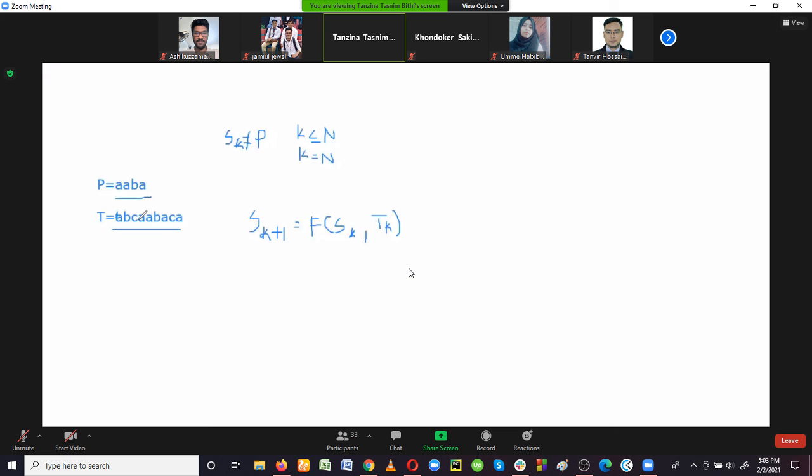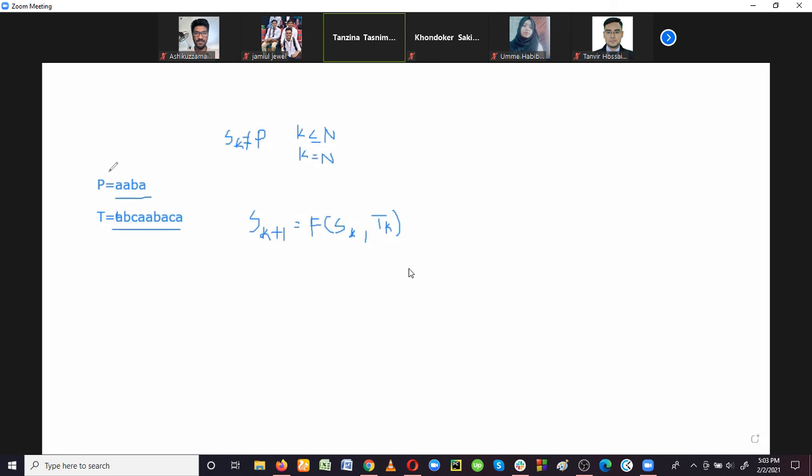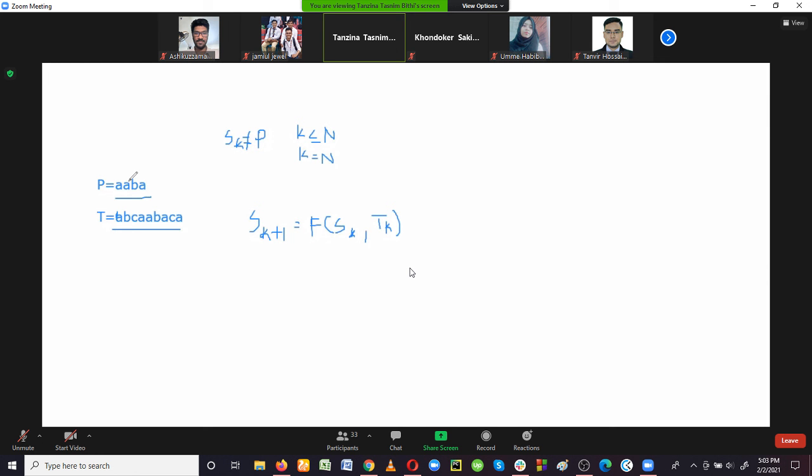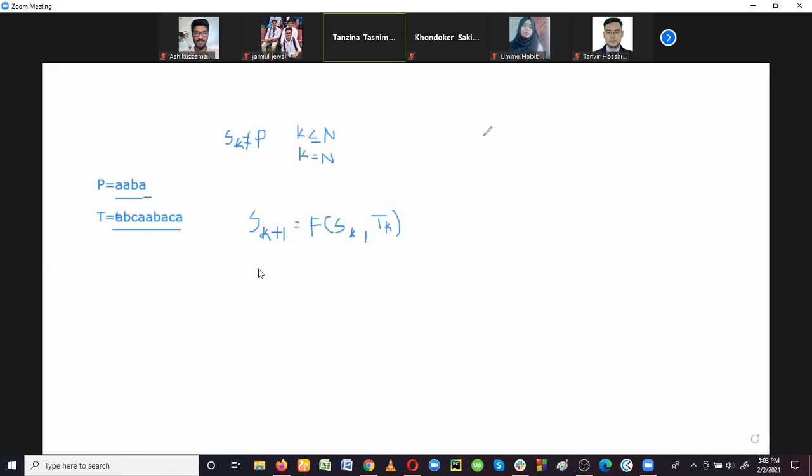So for this text, A B C A B A C A, and the pattern is A B A, now tell me how many times we have to compare the characters of text with this pattern, and what will be the index value? Index value would be 4, madam. Why? Because in the fourth index the pattern is matching. If it is 4, it is the first pattern matching algorithm, at that time the index will be 4. But what about the second pattern matching algorithm?